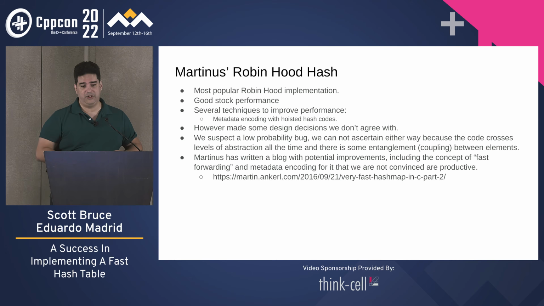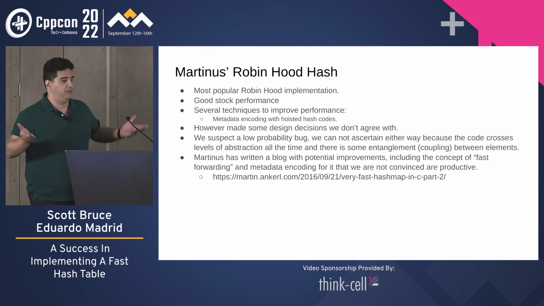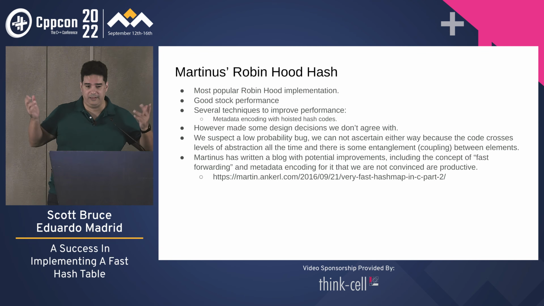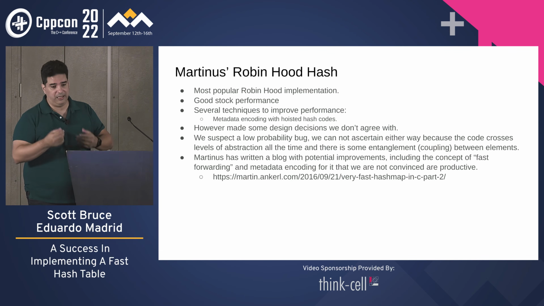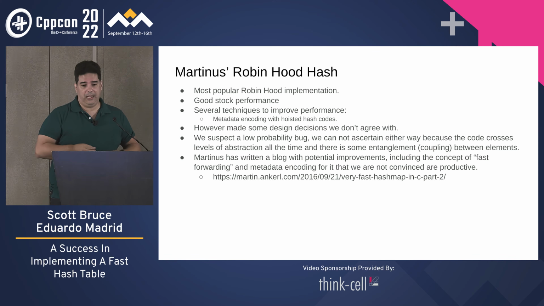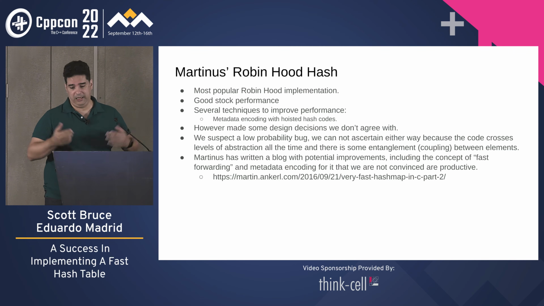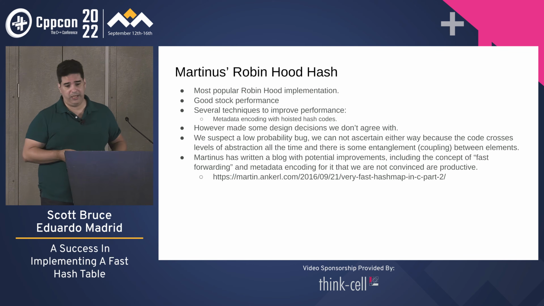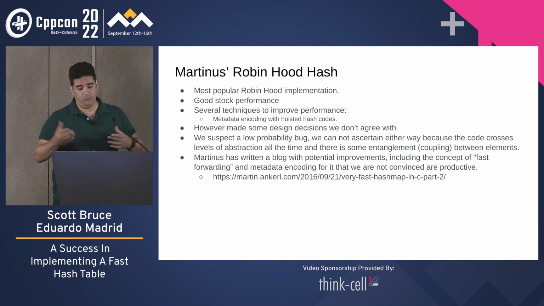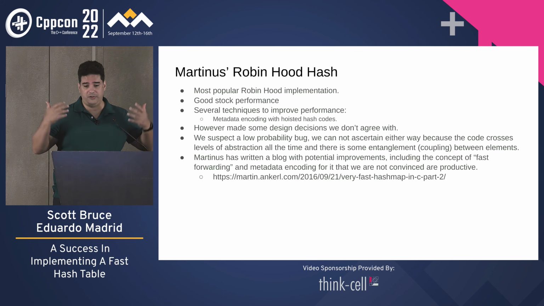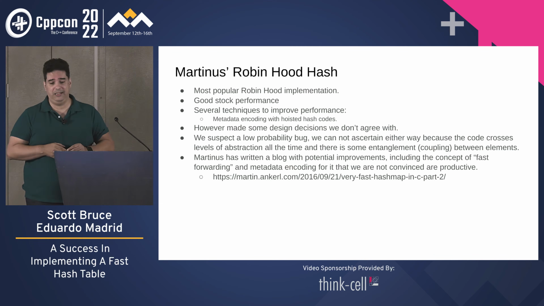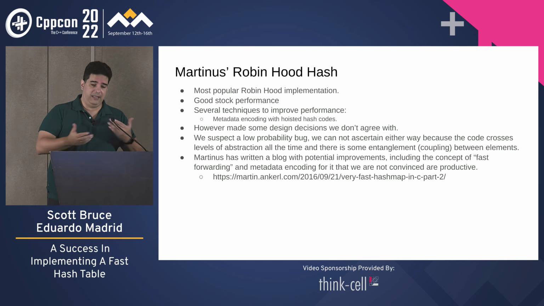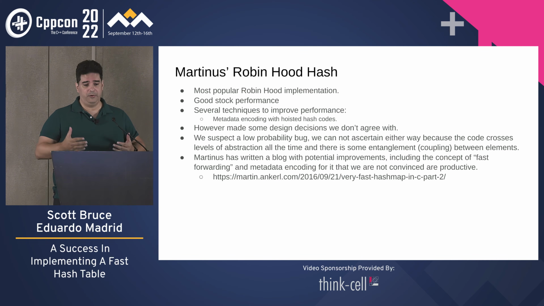The other implementation that is probably the most popular, because everybody that I have talked to about Robinhood has pointed me to Martinus, the GitHub Martinus, is very production ready. And we studied it, and when we were studying it for performance mechanisms, I think that we identified a critical bug, but that comes to something that we're going to put an emphasis on later in the presentation, which is